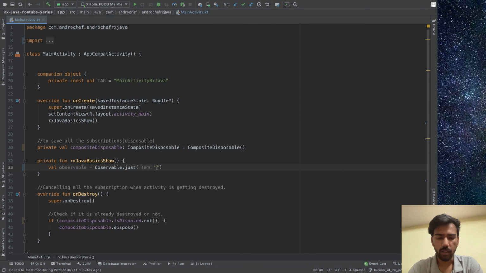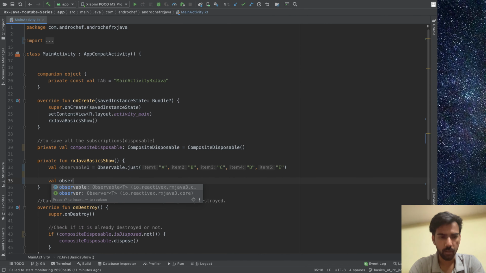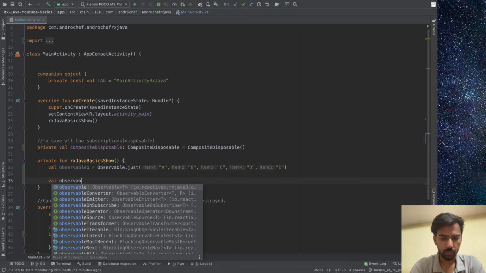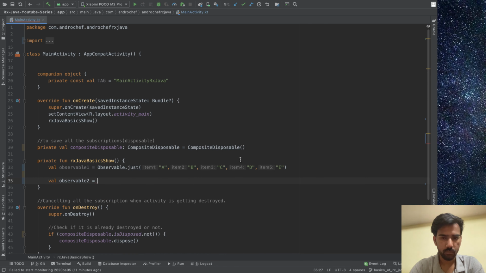In that one we will have our stream like A, B, C, D. So this is the first observable stream. We'll create another one, in which we will have 1, 2, 3 and 4.